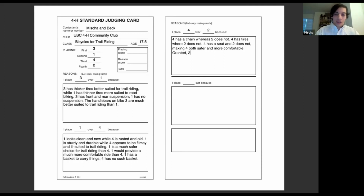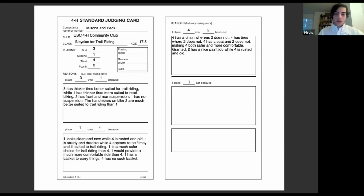So granted, 2 has a nice paint job, while 4 is rusted and old. Here is where you place the last thing last, and you give your reasons for that. I placed 2 last because...